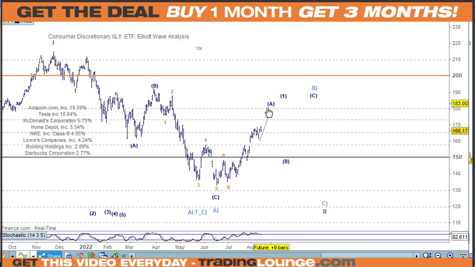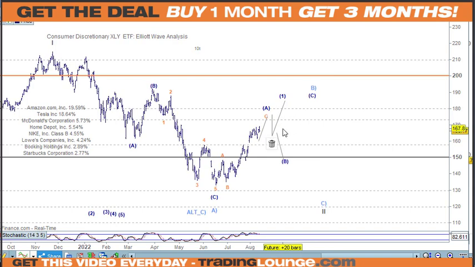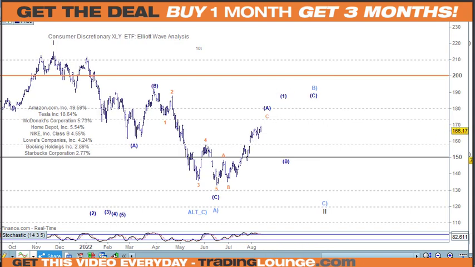Okay, now if we're going to be bullish about this, we'll count that as 1 and 2 here, and 5 waves up here for 3, and then we'd have 4 and 5 up here for wave 1, and then we'd have an A and a B and a C wave here. So we'll know soon if we're going to be going into a big bullish move up here, or we're going to be coming down deeper for the B wave, then the C wave, and then coming down over here for that. So they're the two patterns that we're monitoring through all the markets,